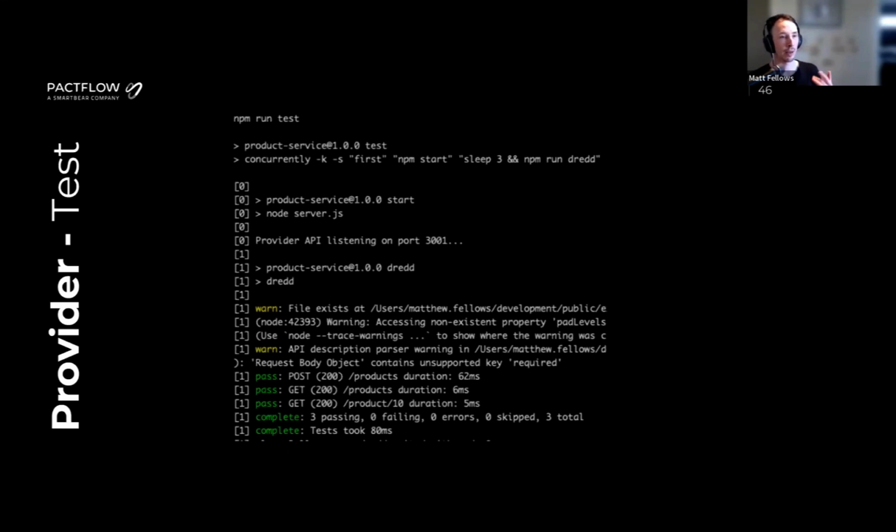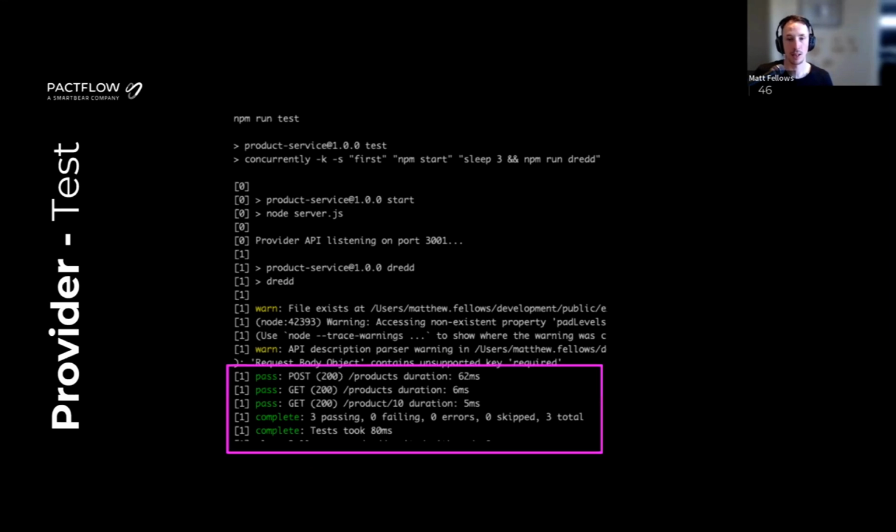So we've now designed our API. Of course, we can go off now and create our API and build it. So let's assume we've built our API locally. We now need to make sure that this API is compatible with the OAS. So this is where we bring in our functional testing tool. In this case, we're going to use Dredd to do this test.